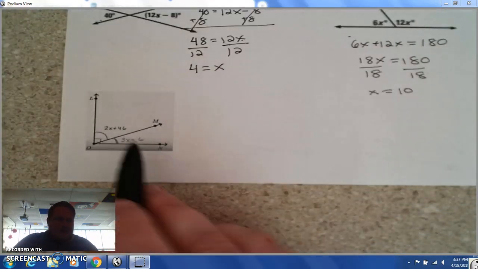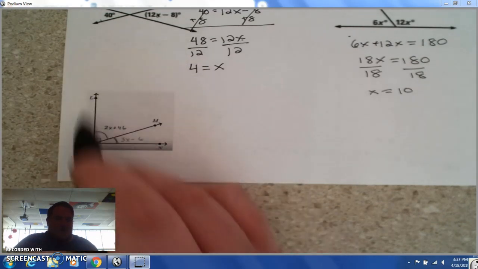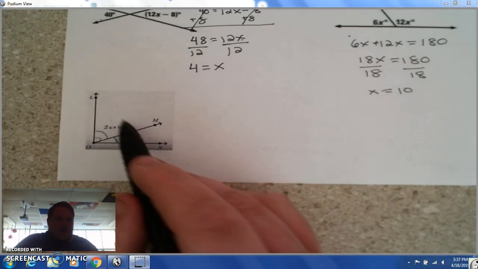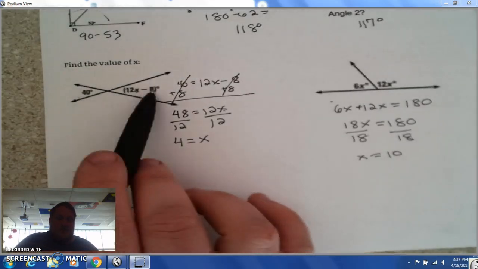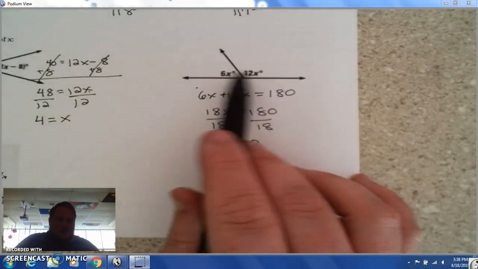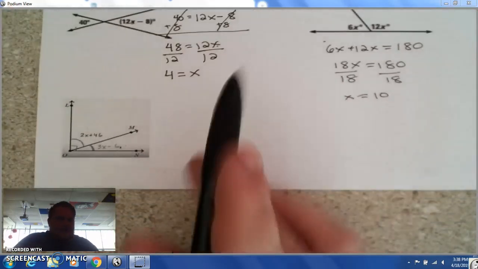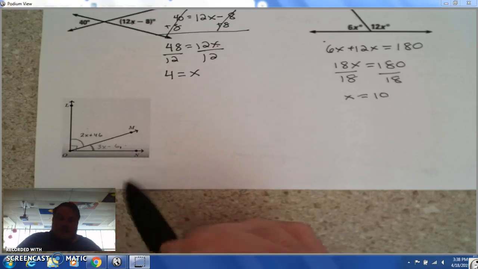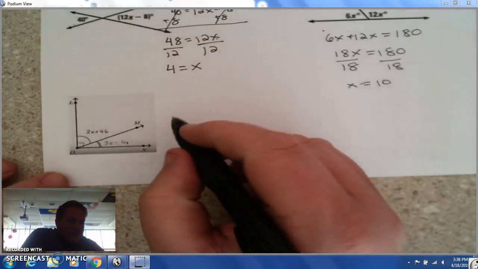Now down here at the bottom, this is a square L. So when I add the two angles together, they equal 90. Again, these angles equal each other because they're vertical. These angles added together give me 180. These angles added together give me 90. So 2x plus 46